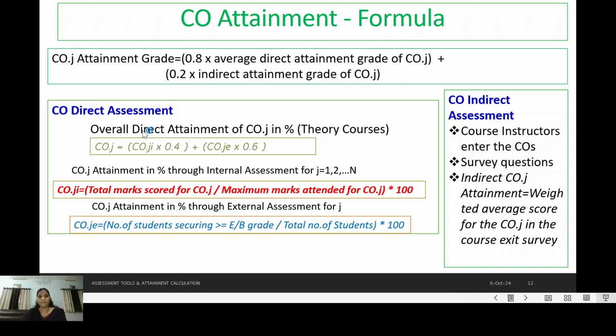So here, this is for the theory course. For each CO there is an internal and an external component. How to calculate the internal? For the internal calculation, we calculate for each student: the total marks scored for the particular CO by the student divided by the maximum marks attended by the student